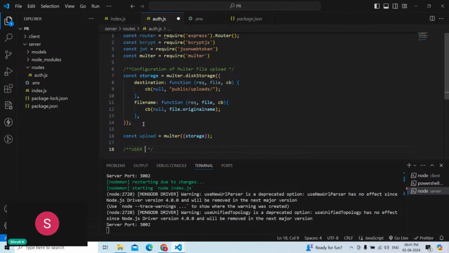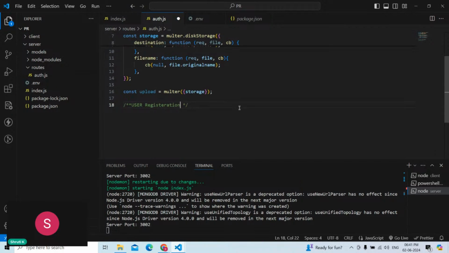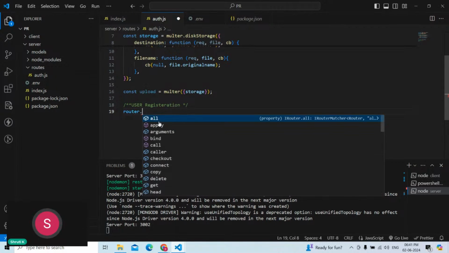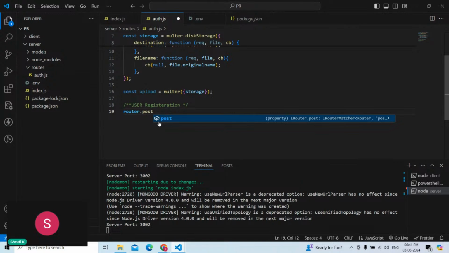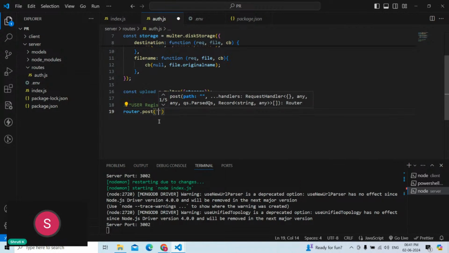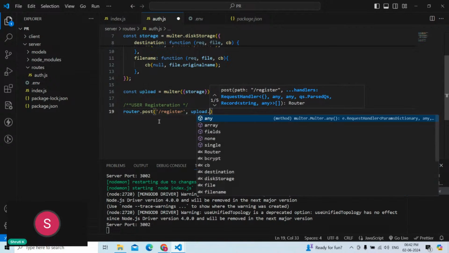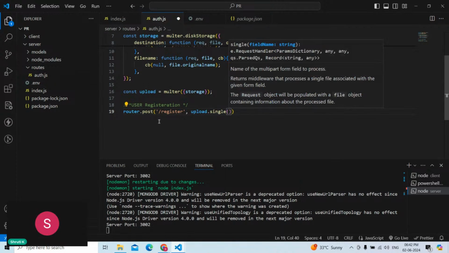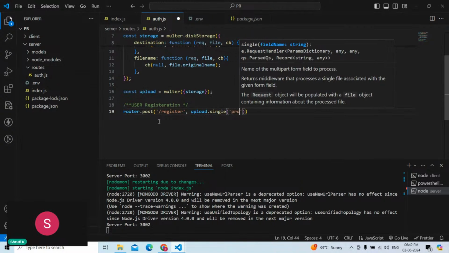So I'll say user registration. So make use of express route. So router.post, that's a post call on slash register URL. Okay, for which I'm adding this Malta upload as a middleware. So upload, this acts as a middleware. Upload dot single file. I want to upload a single file at a time, and that ID was profile image,